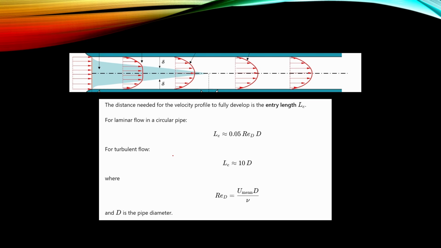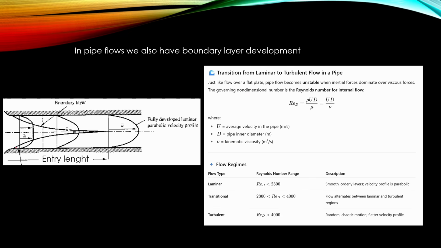For turbulent flows, this entry length is typically around 10 times the diameter of the pipe. When our flow is laminar and when it's turbulent, we can estimate it from this Reynolds number. And when calculating this Reynolds number, we use this average velocity and this pipe diameter. And if our Reynolds number is less than around 2300, we can say that the